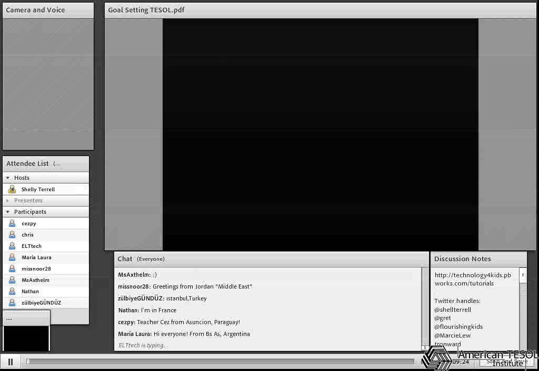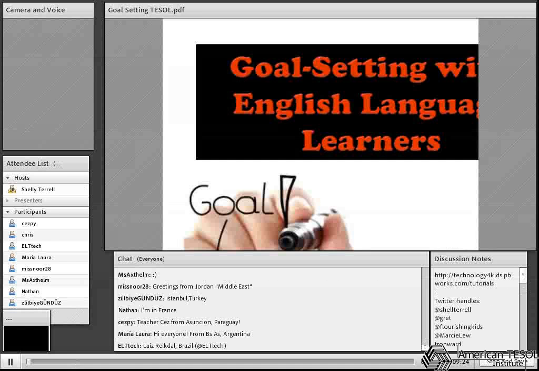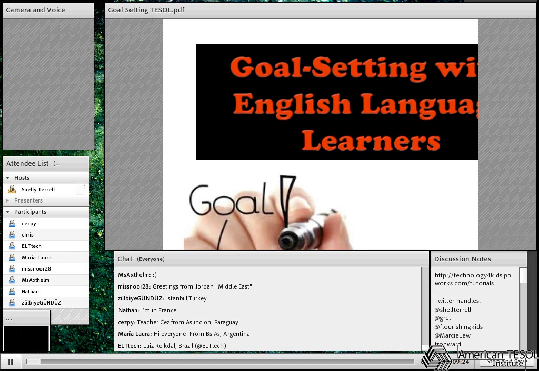Technology. So we'll do practical things, we do technology, and then I also tie in mobile learning because this is something that I do with my classes. I teach young learners all the way to adult students. So today we're going to talk about goal setting with language learners. And I think this is one of the most important topics to talk about, goal setting. And one of the reasons why is because,